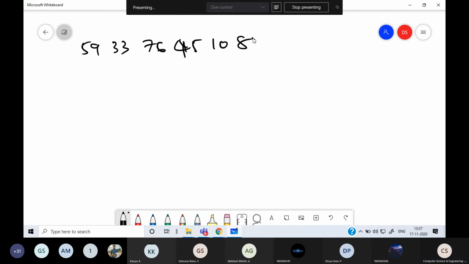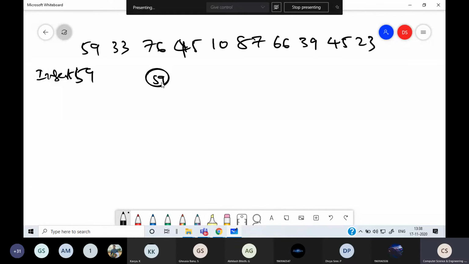Okay, whatever the values are, I'll take 87, 13, 45, 23. So first when I insert 59, the tree will be 59 because it is the root.